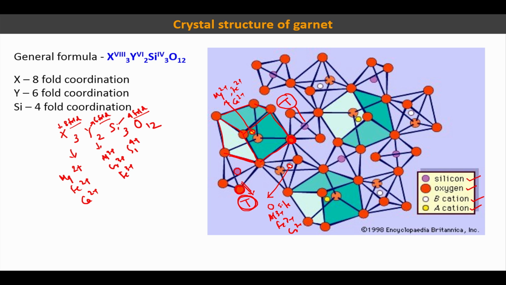And if you see, the octahedral site also shares along the edges. So you have an octahedral site in which you mostly have aluminum, chromium or Fe3+. So you have some sharing along the edges of the cube and the octahedron. So this is the structure of the garnet, which is the most abundant mineral in the upper part of